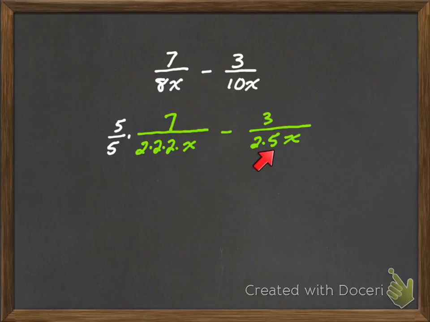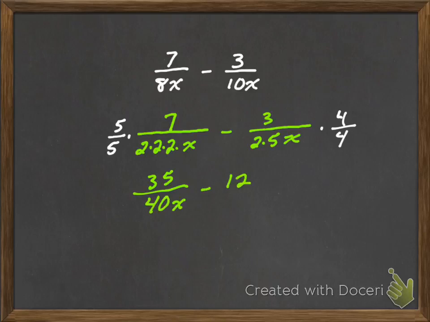So now we go the other way around. What does this denominator have that this one is missing? All right, well, here we have 3 2's and here we only have 1 2. So we need to multiply by a couple more 2's. And we have everything else. So therefore we're going to be multiplying by 4 over 4. All right, so putting this together, you're going to have 35 over 40x minus 12 over 40x,